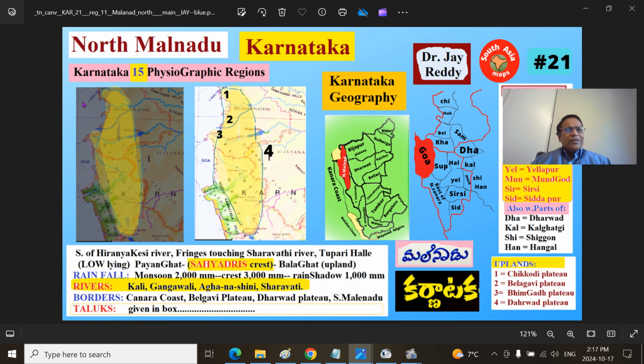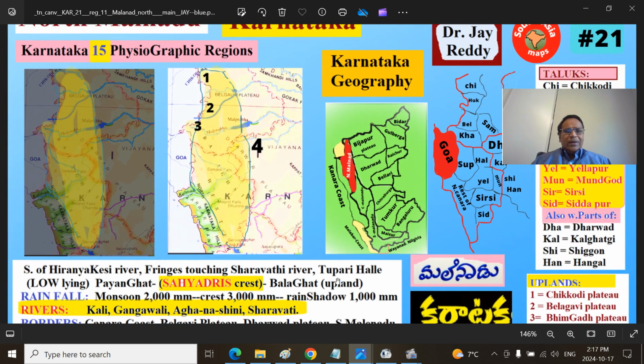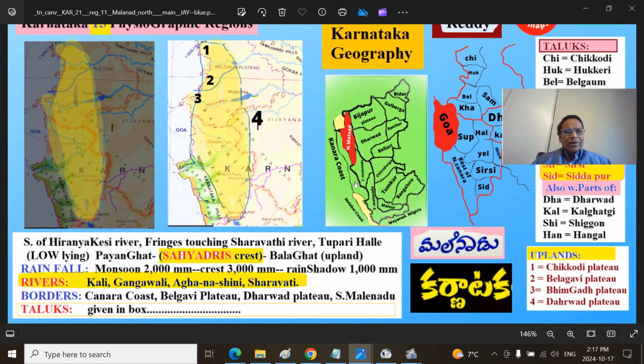This is the Hiranyakesi river, the border river between the Desh territory of Maharashtra and northern Karnataka, with fringes touching the southern Sharavati river in the Shimoga region, in the Tirthahalli area, and so the entire Malnadu